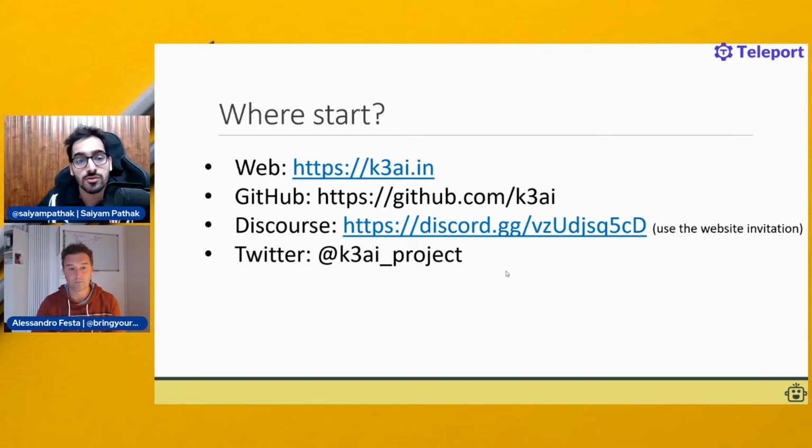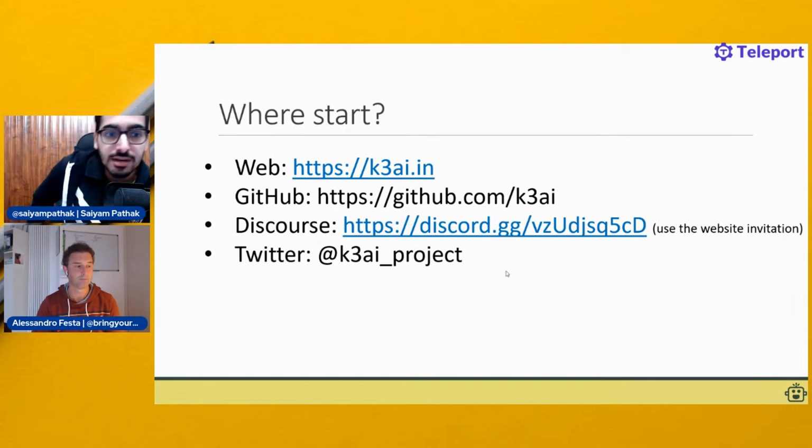That's what we want, right? We want the clusters quickly. We want the tools to be installed quickly and to get hands-on with the stuff quickly, because the cloud native ecosystem is growing. If you want to get hands-on, you don't want to get stuck for days just installing a tool. So I think that makes sense.